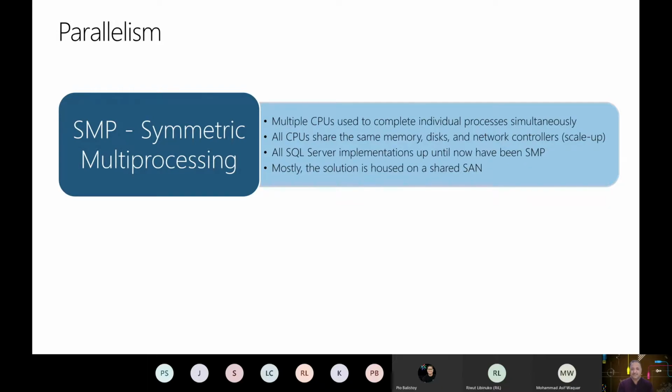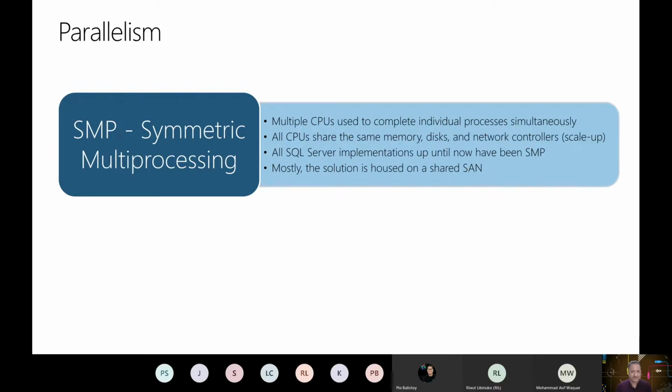In this case, you have multiple CPUs which are used to complete individual processes simultaneously, and they share the same memory, disk, and network. You basically scale up every time you need to increase the firepower of, let's say, your SQL Server or any other server: you add more RAM, you add more processors to that.